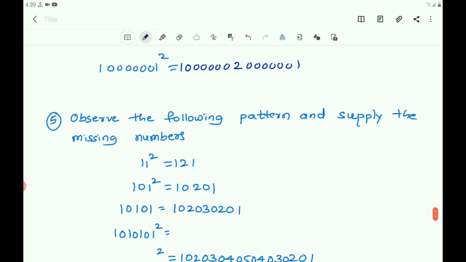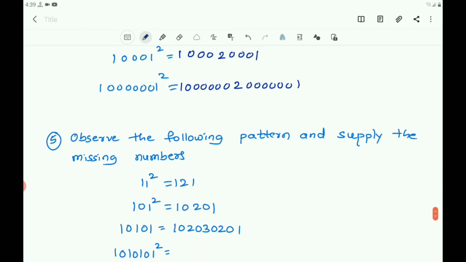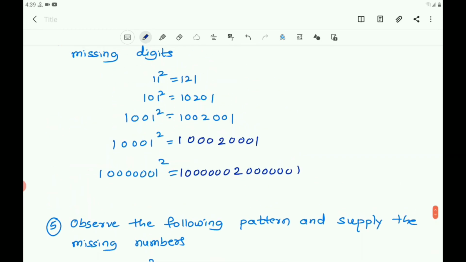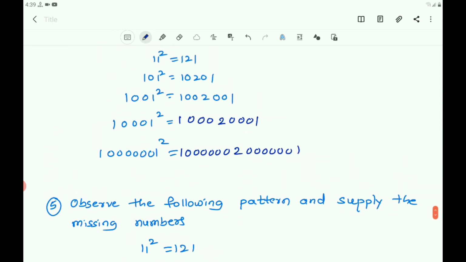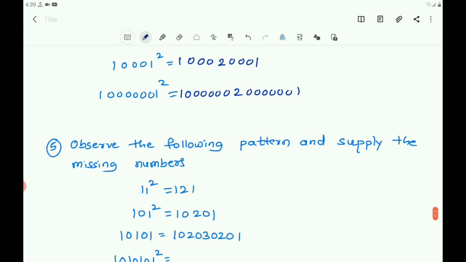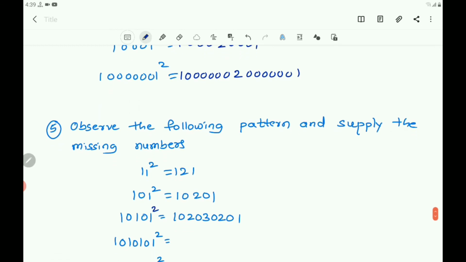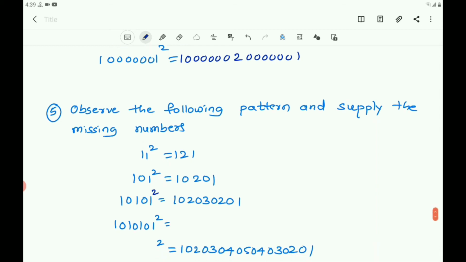And in the third one here 10101. Here it was 1001. Here it is 10101. And the square of this number is 102030201. So here you can write that 2 zeros means here the number, maximum number which comes here, that is 3. Here only 1 zero, maximum number 1.